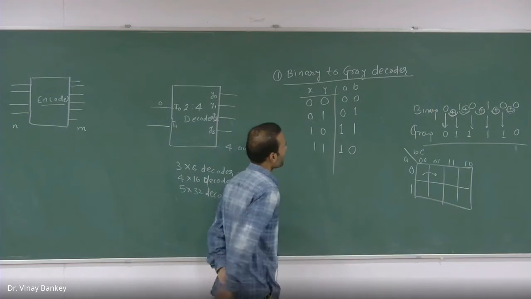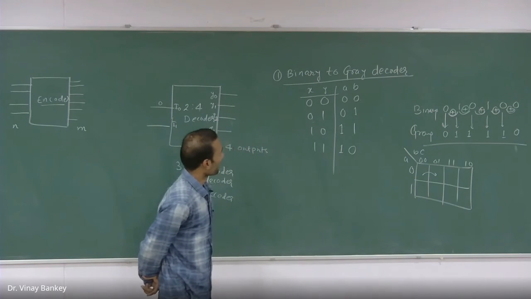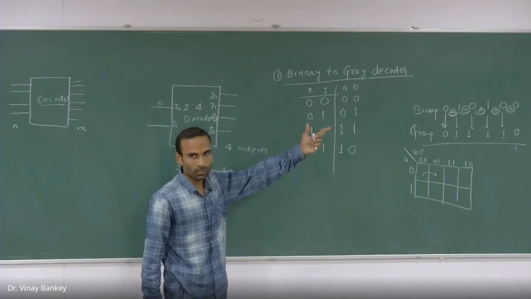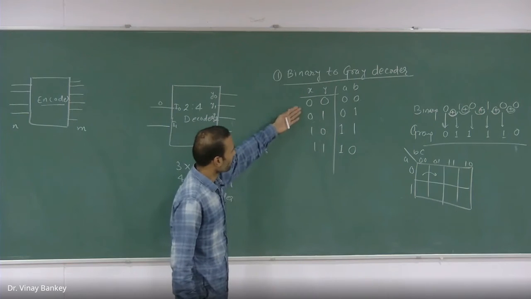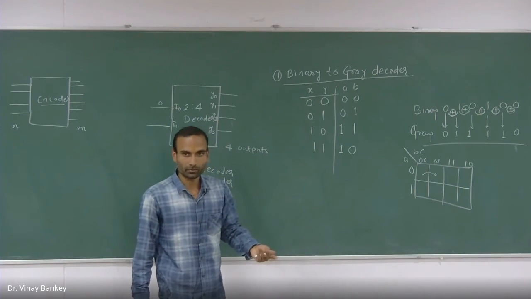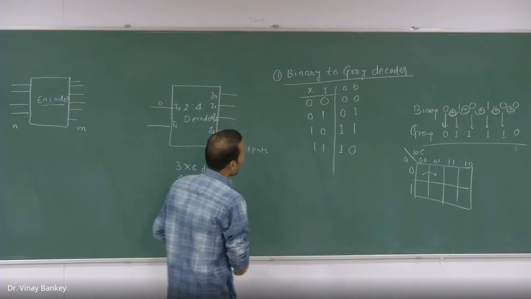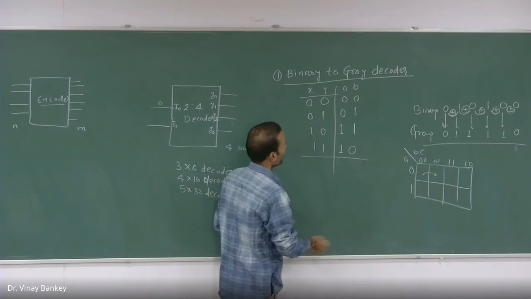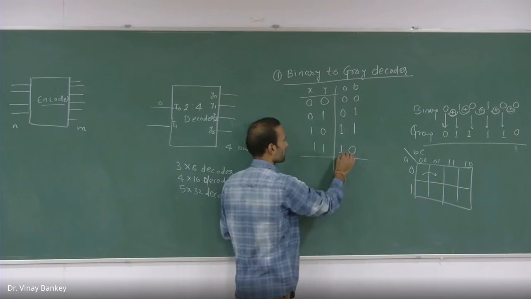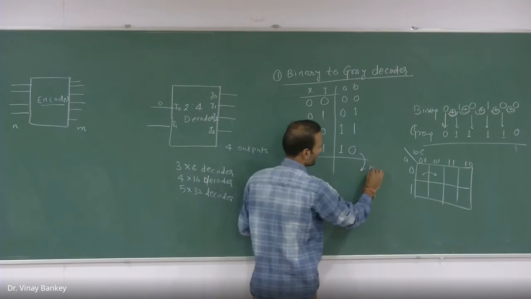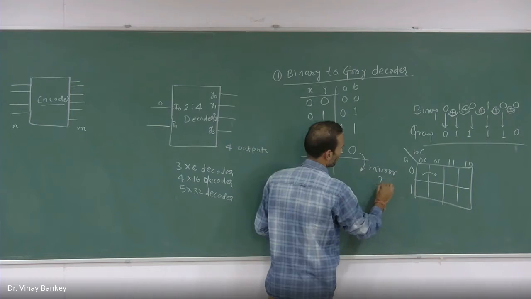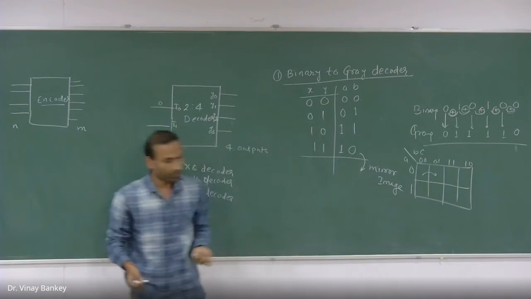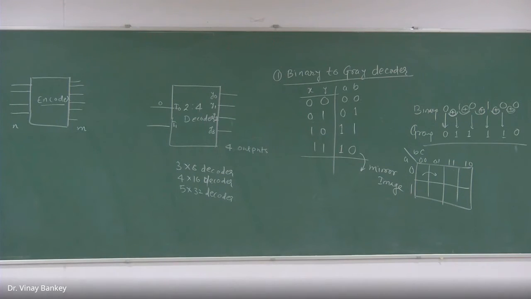Also, if someone says generate a 3-bit binary number to gray code, you can use this method. There is another method you can use. You can do one thing here. You can just reflect this code here. You can take a mirror image. So what will be the mirror image? Let me rough this out and then I will continue.